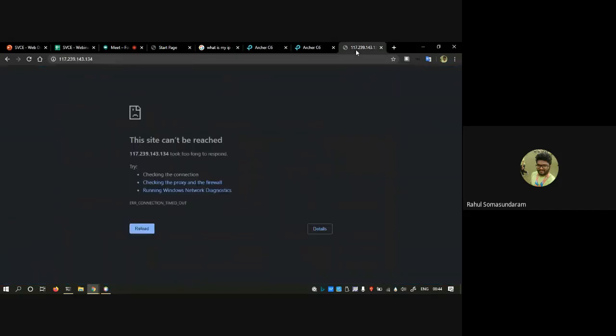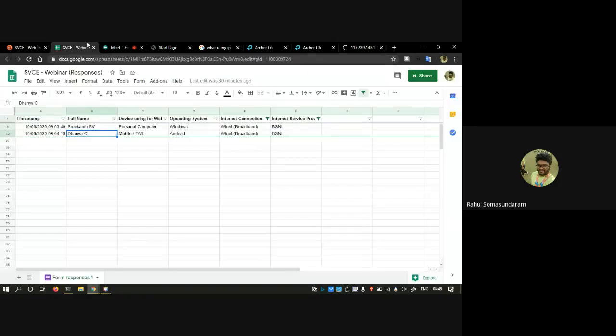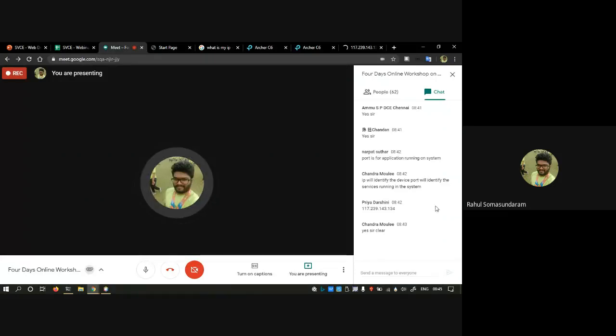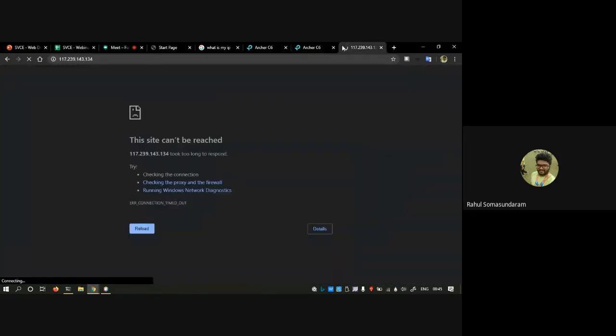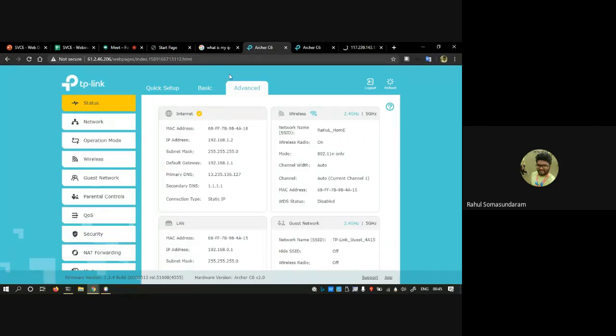Also, you can do this only if your public IP is accessible outside on the internet. As of now, Priyadarshini has shared their public IP, but unfortunately it is not accessible from outside our network. So I think either the router is not supporting the port forwarding option, or she has not configured it. My router came out of the box with support for port forwarding. A few old routers do not support this feature.